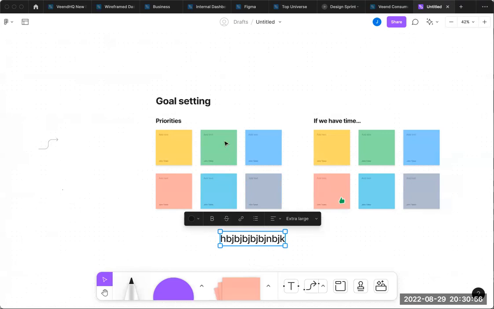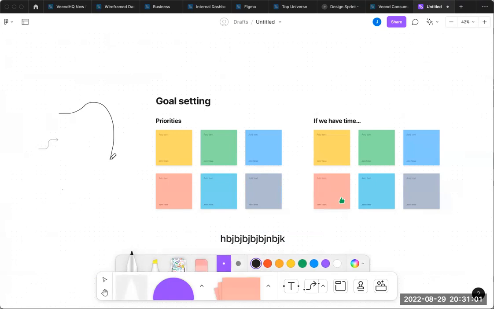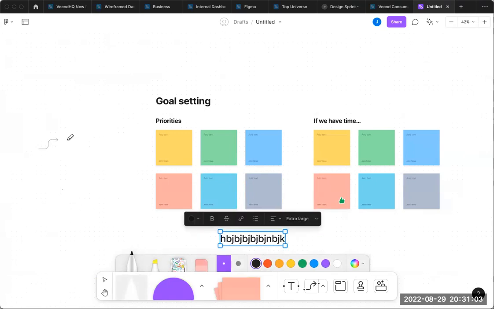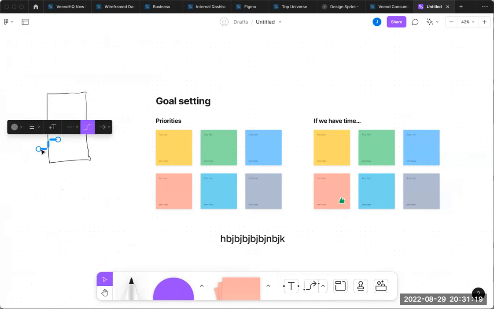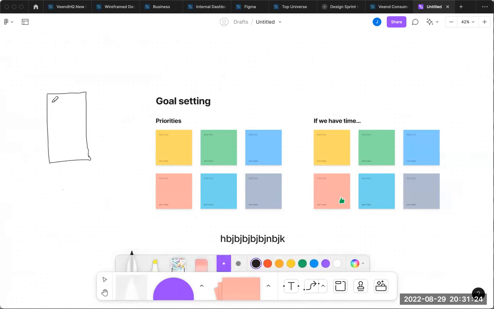So I want you to check out all the tools. You can also draw. Let's say I want to draw a wireframe of a mobile application. Now wireframes don't have to be beautiful. You can just make them messy. Depends on if you are good in drawing, but you don't have to be good in drawing. They can be messy. You don't have to stress about that. All that's important is that you show the idea of what you're trying to do.